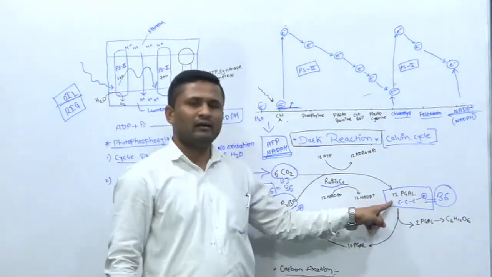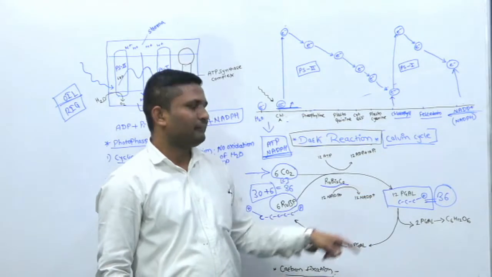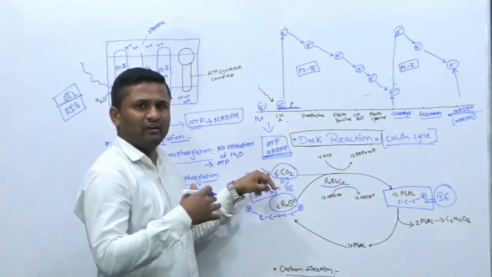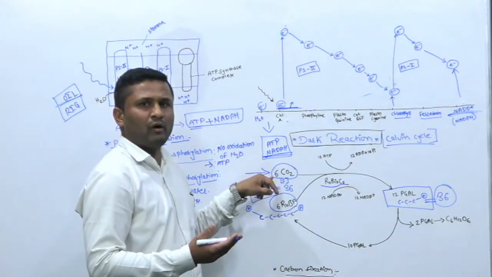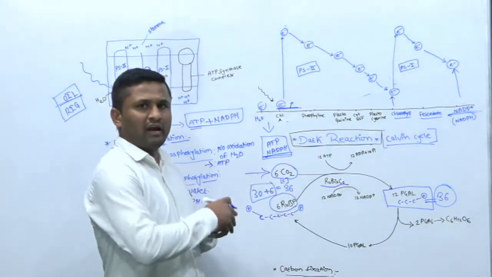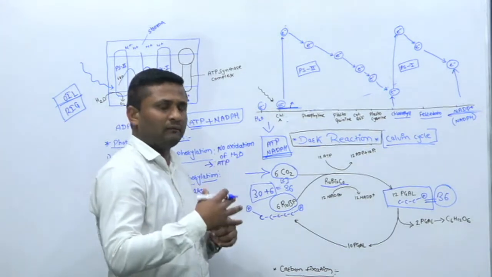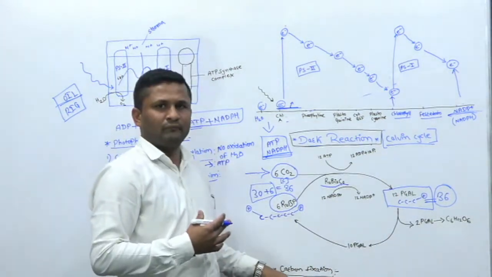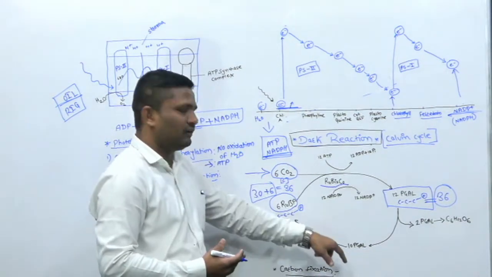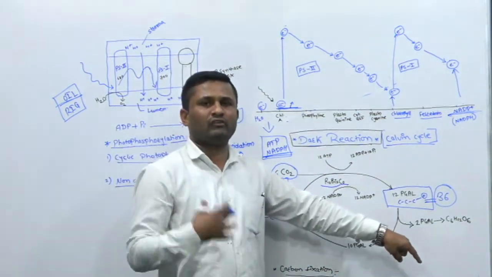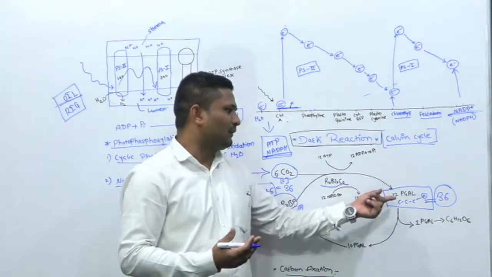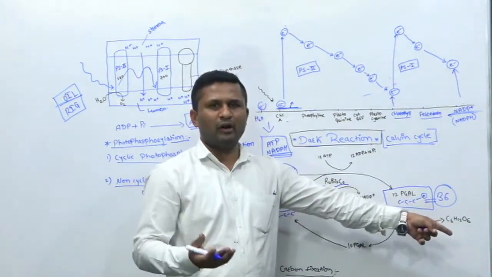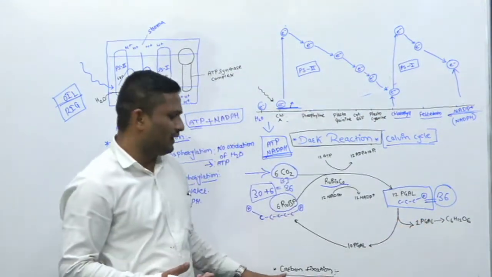So now our carbon is fixed, which was initially in the gaseous form. Fixation of this gaseous carbon dioxide into a solid structure is called carbon fixation. This gaseous carbon is going to be fixed into a solid structure. The solid structure obviously is first PGAL, G3P, and after that carbohydrates will be there. So this is called carbon fixation.